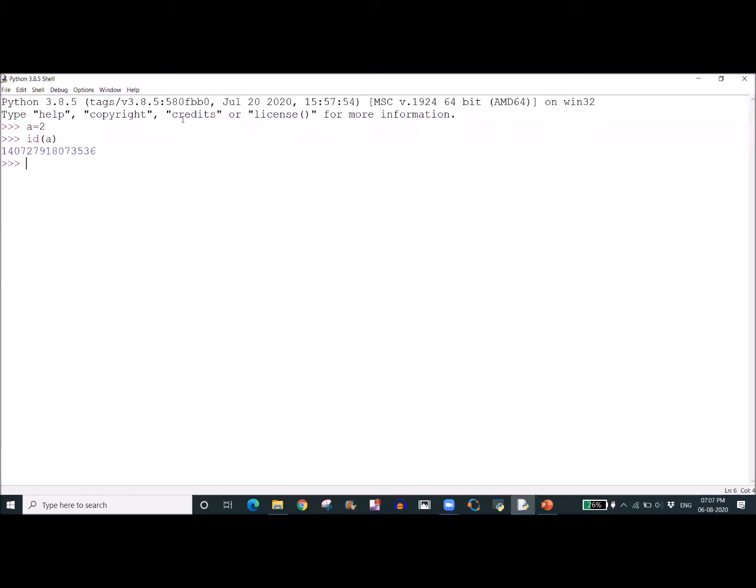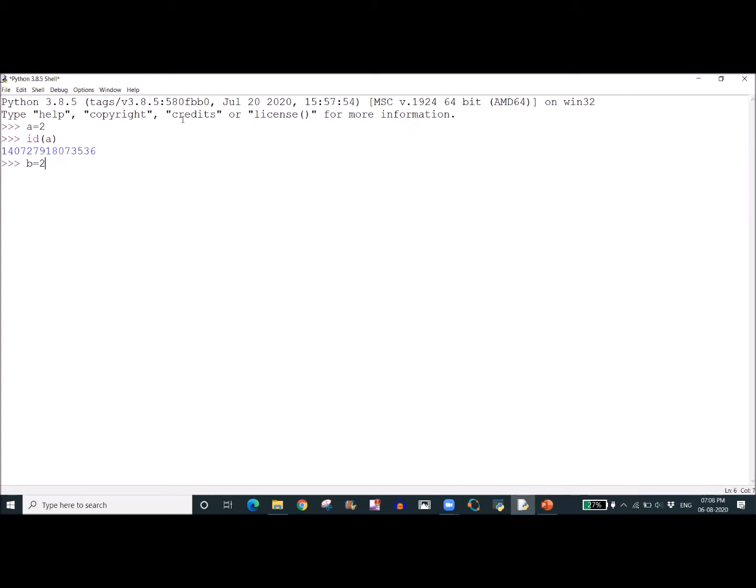Address of a is some big number. Last three digits are 536. Now I am changing the value of a to 3. Before changing it, we will assign b also with 2. In the C language, when we declare two variables, the compiler tells the operating system to allocate 4 bytes, different bytes, to those two variables.